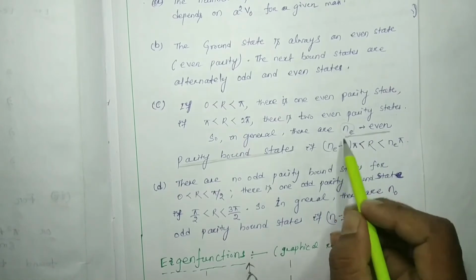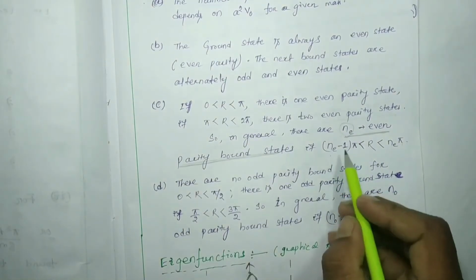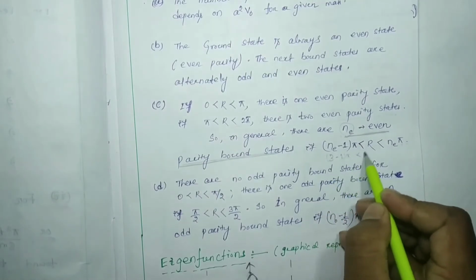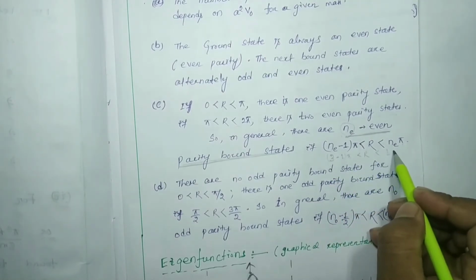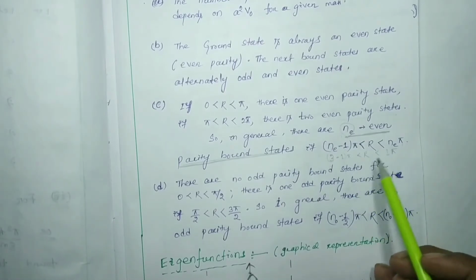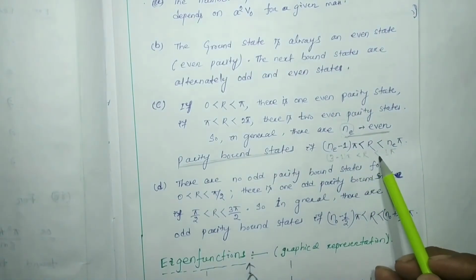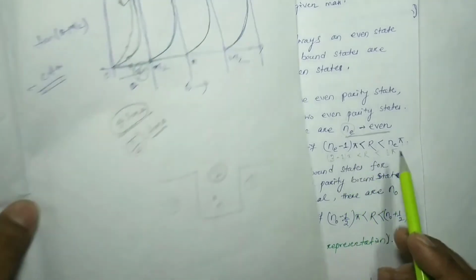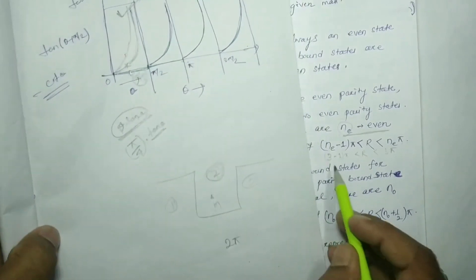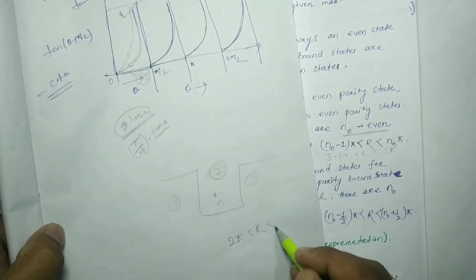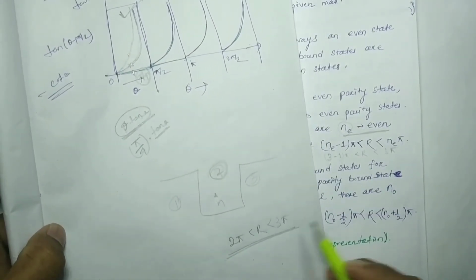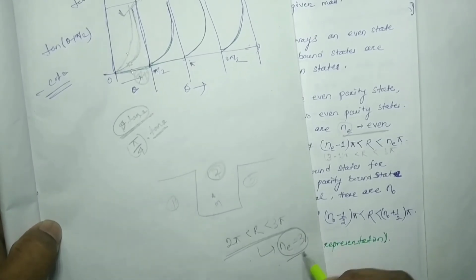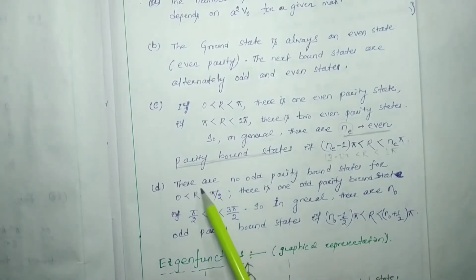So suppose 3 even parity states, if we consider 3 minus 1 pi less than r less than 3 pi, that means we have to take the range in between 2 pi and 3 pi. So in between 2 pi to 3 pi we can get NE equal to 3 even parity solutions. Likewise, there are